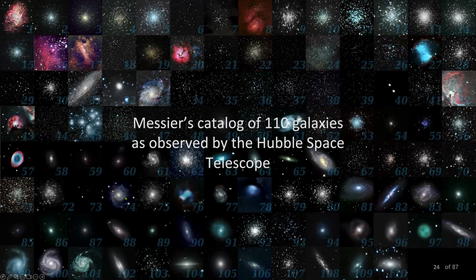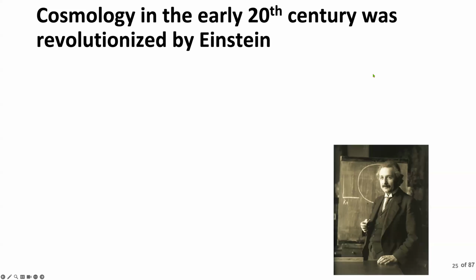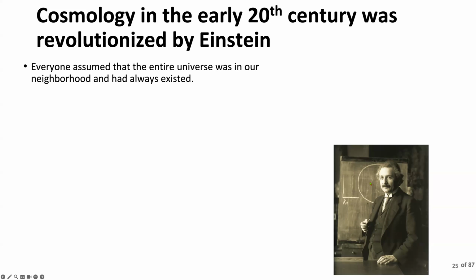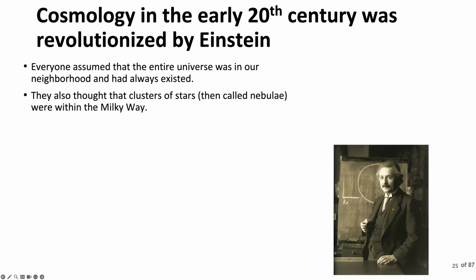Some are seen M50. Well, the title here is blocking my view, but there's all kinds of galaxies. And Einstein, in the early 20th century, introduced his ideas about gravity and the way it causes space and time to interact with matter. And in his day, in the early 1900s, up to about 1920, the assumption was the universe had existed forever and was unchanging. And Einstein had developed these equations describing how gravity dictates the evolution of the universe, and